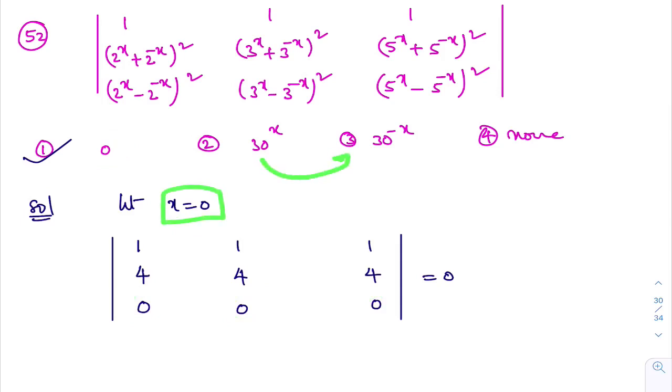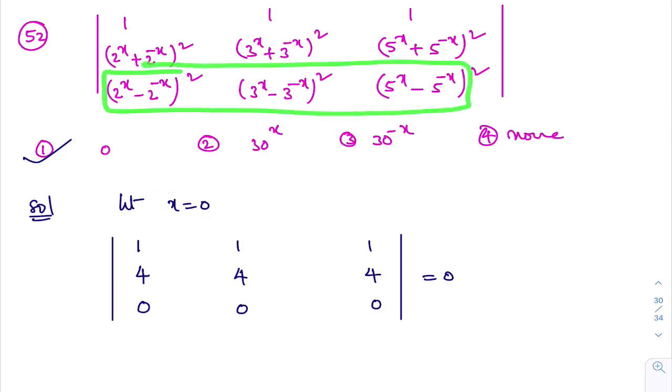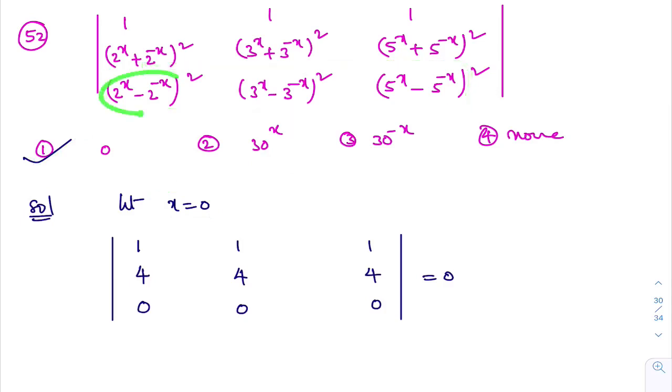In case any one of these options will come, again I need to take another value. But when I put x equal to 0, if I get this option as the right option, this problem is over. That also I got very easily by identifying this third row. When I substitute x equal to 0 in this third row, each element is becoming 0. So you see here, I substituted x equal to 0 in this, I got this.